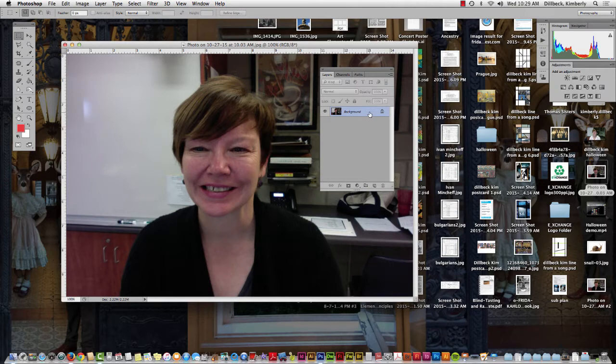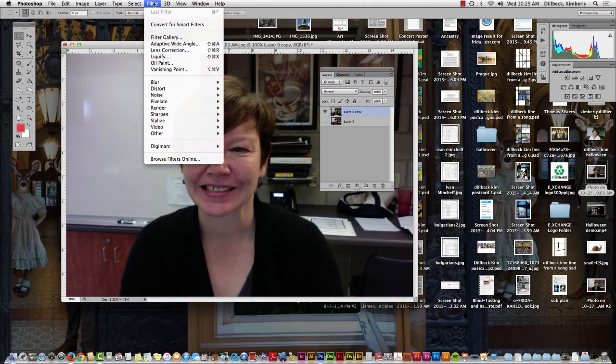So I'm going to double click, I'm going to unlock my layer, I'm going to copy my layer just to have two. That way I can mess with this one and I don't have to worry about destroying it. And from there I'm going to play around with a filter that's called Liquify. If you go up here in the menu bar to Filter and then go to Liquify,